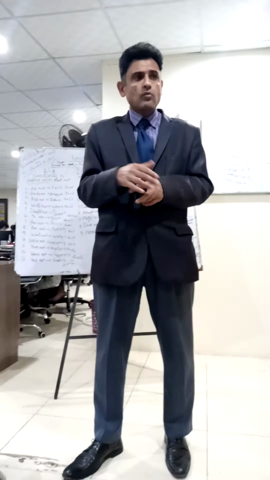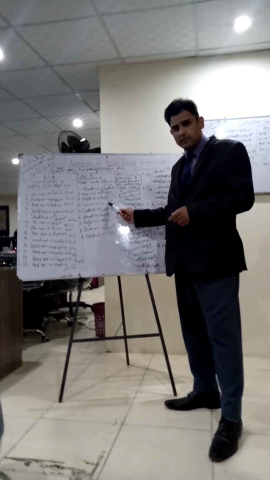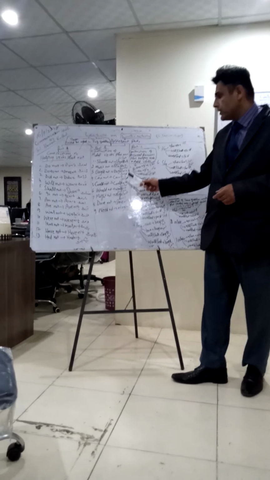So must not as mustn't, ought not as oughtn't, cannot as can't for ability, could not as couldn't, would not as wouldn't, and might not as mightn't. We have two special modal words, dare and need. When we contract them, we get a particular sound, just like dare not as daren't. Sometimes people say daren't. Need not as needn't.